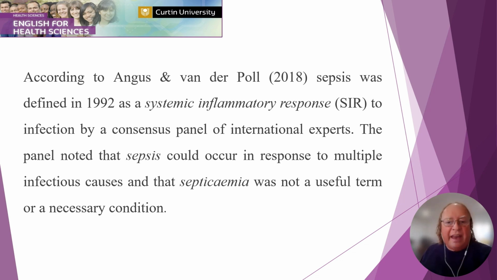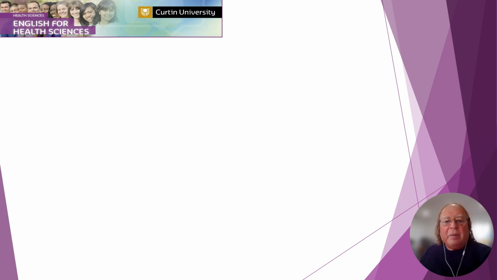So according to Angus and Van der Pol, 2018, sepsis was defined in 1992 as a systemic inflammatory response, SIRS. Now we can't change that because it's in there. Okay, so that's our text. That's from our notes. What do we need to do now? We need to compare